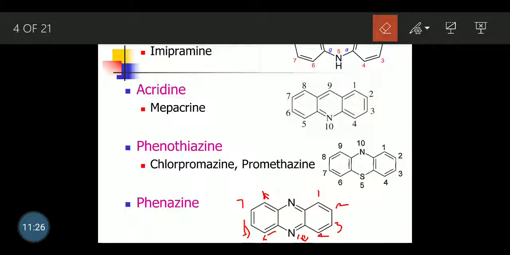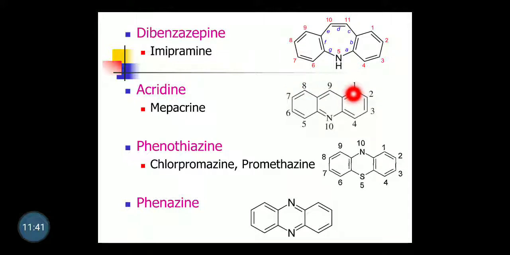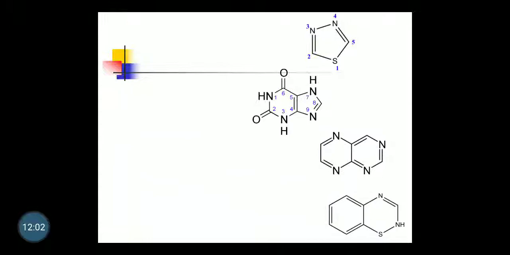If you compare acridine and phenazine, the difference is that instead of one nitrogen in acridine, there are 2 nitrogen in phenazine. The middle ring in acridine has 1 nitrogen, and in phenazine the middle ring has 2 nitrogen. The numbering pattern is the same, so in phenazine these 2 nitrogen get the 9 and 10 positions. In this way you can remember. Clofazimine is an example of a drug which has a phenazine ring.